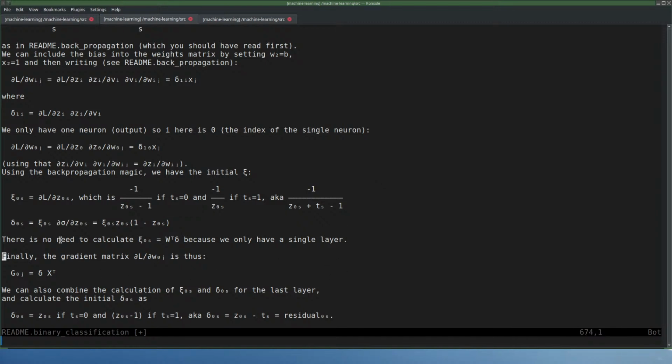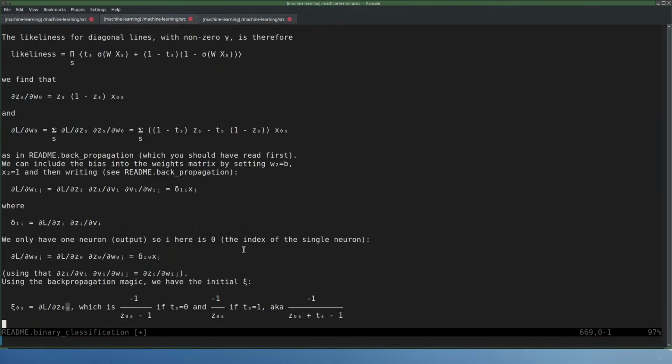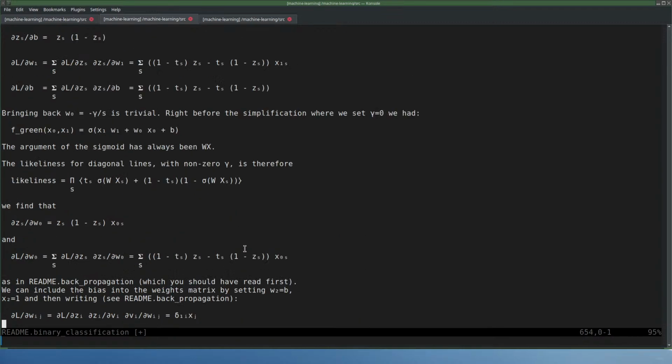Not quite. Loss function should combine all samples. So we have to do something with the S then. I guess it's just going to be, we're talking about minus a logarithm. That should be